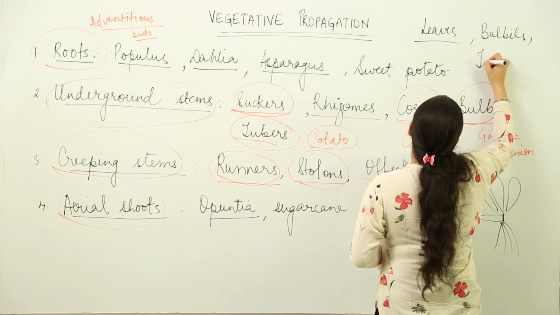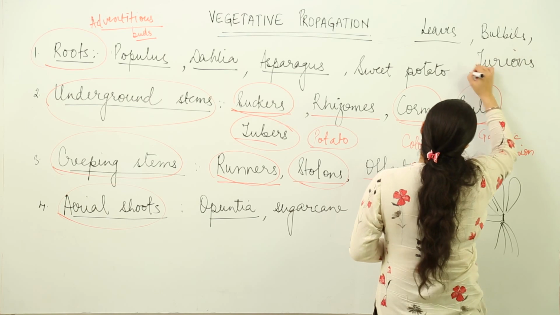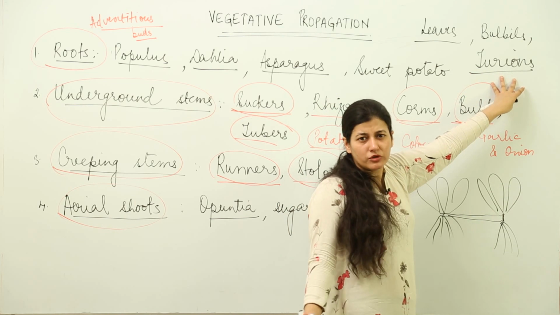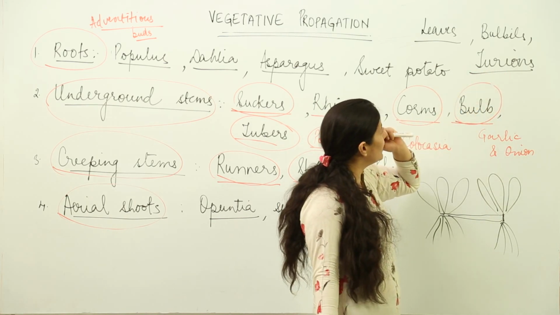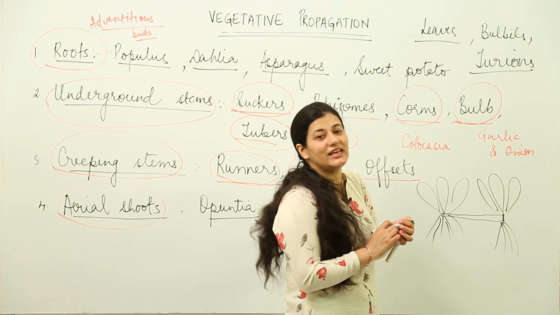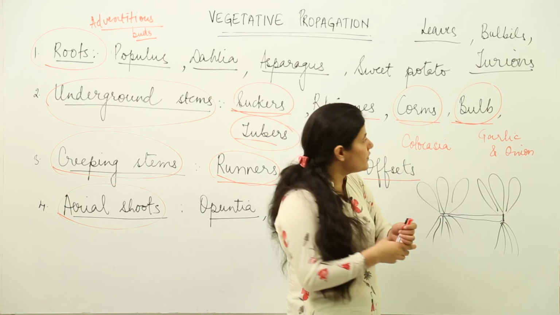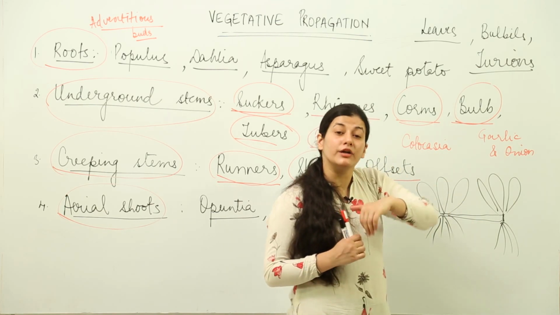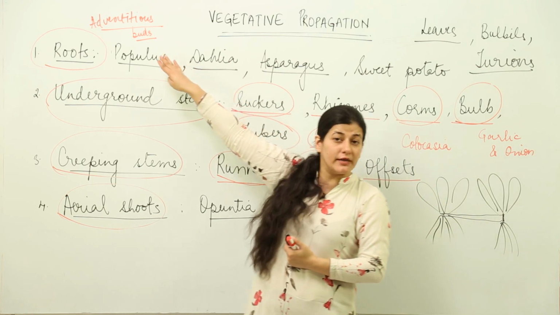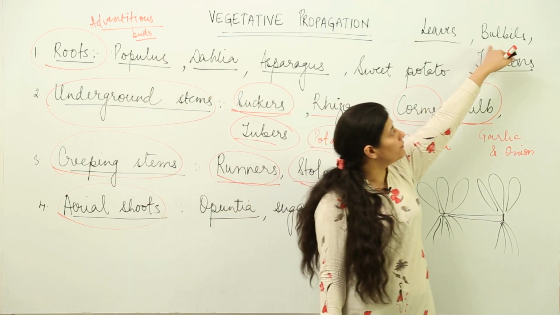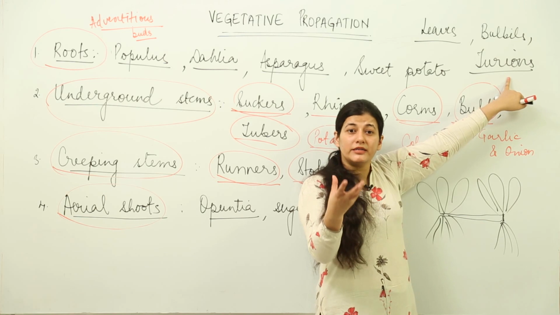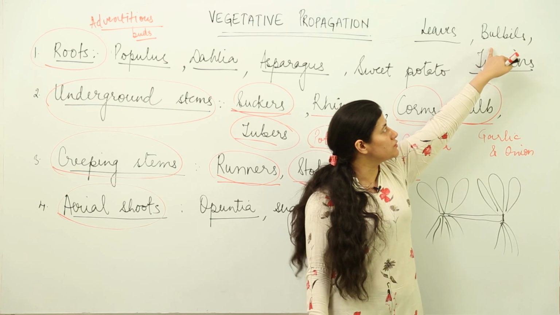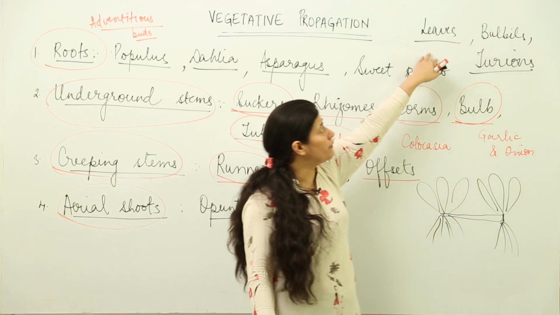Apart from this, we have the example of turions as well. When I talk about turions, I am talking about water plants basically. It is Potamogeton which reproduces by this part. Now what are these? These are specialized leaves only, or buds. The leaves have condensed, they have formed an adventitious bud in the stem system. We had the adventitious bud in the root system as well. Over here we have bulbils and turions, which are nothing but buds of the shoot system. They fall down and they give rise to a new plant.